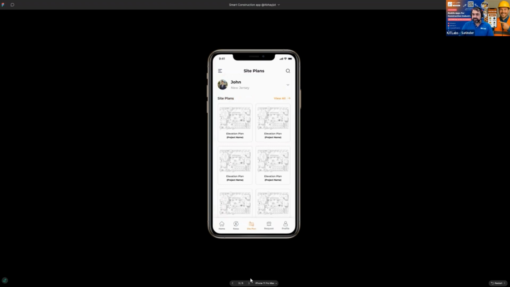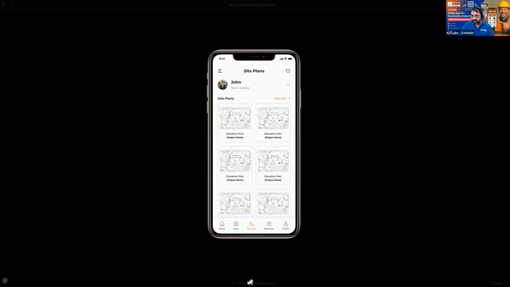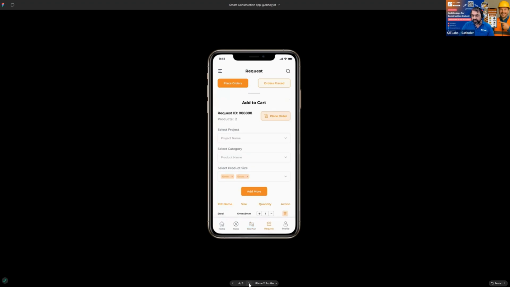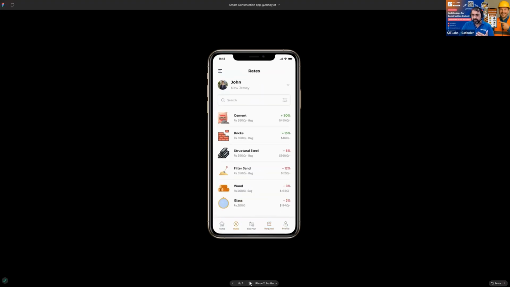If we go to the details page, for example, the site plan page, we can see the site plan. It contains the elevation plan, or it contains the survey. All of those documents are organized in one place. If we are placing orders with third party companies, buying the material, we can send those orders from the same app, from the same portal, from the same system, right?